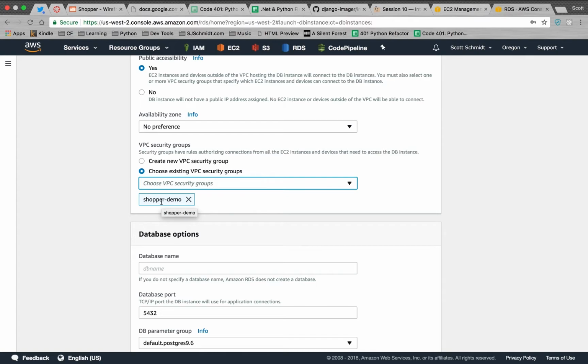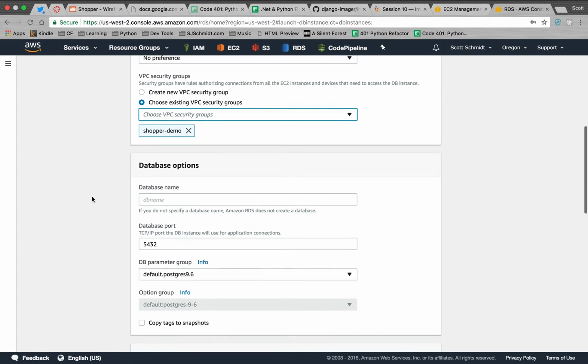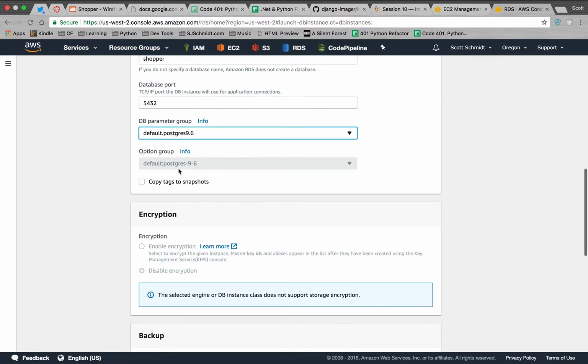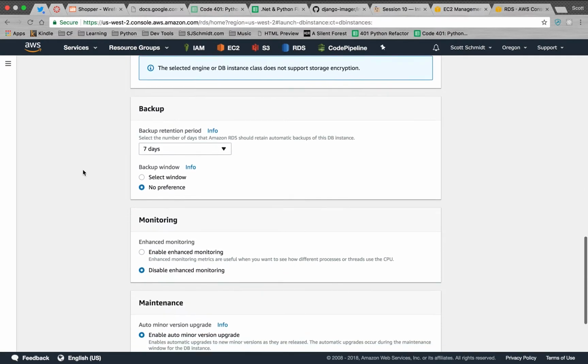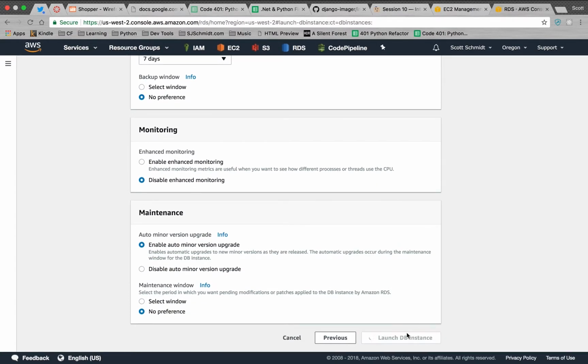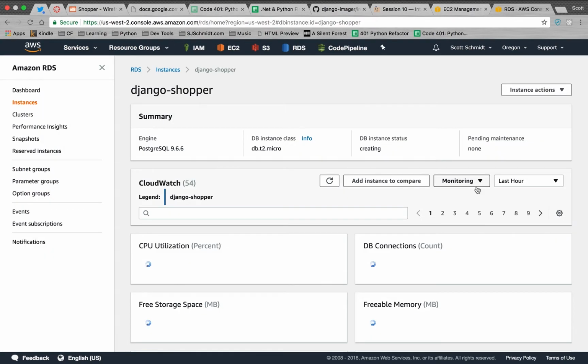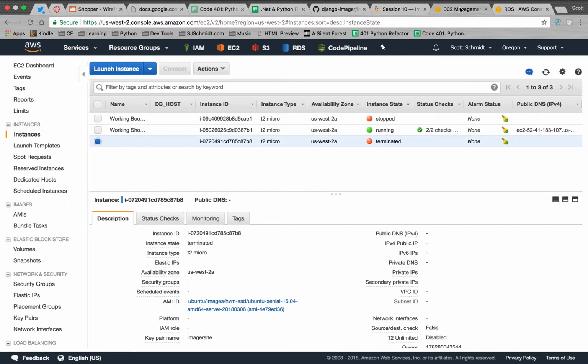So there's other more practical ways to do this. We're trying to keep this simple for right now. So just use the same one that we've been using up to this point, and then we'll make sure in a few minutes that that's configured correctly. Okay. Database name for me is going to be Shopper. Don't need to change the port number or the group name or anything else there. We can pretty much scroll all the way down to the bottom, hit Launch DB. Okay. We're going to go view DB instances, and I'm just going to let that one sit while we configure